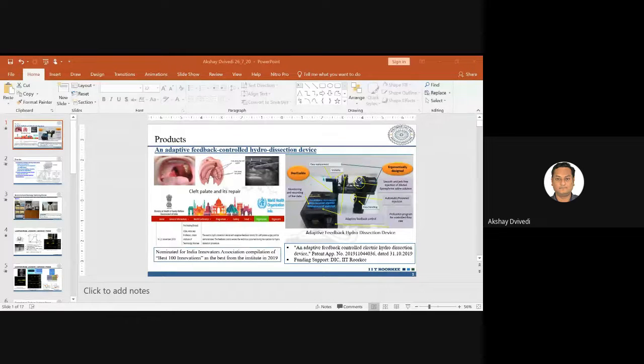Dr. Indu has already mentioned that I have an inclination towards advanced manufacturing, so some of those products are from that area. I also work in healthcare, so that hydrodissection device is one such product. Recently, we developed a low-cost portable mechanical ventilator. Again, that is one product which evolved at a very fast pace.